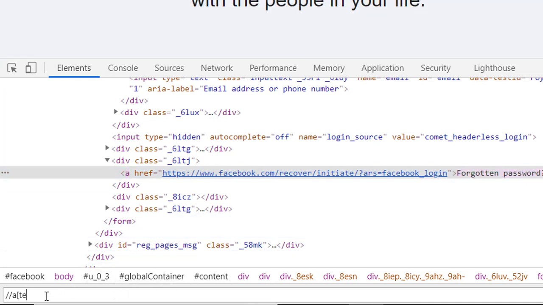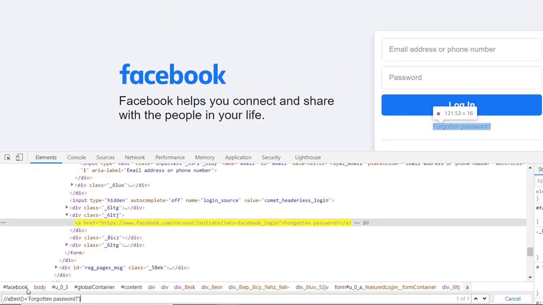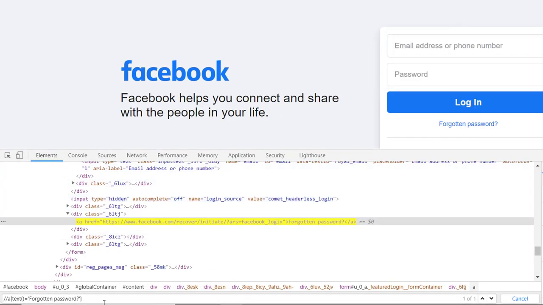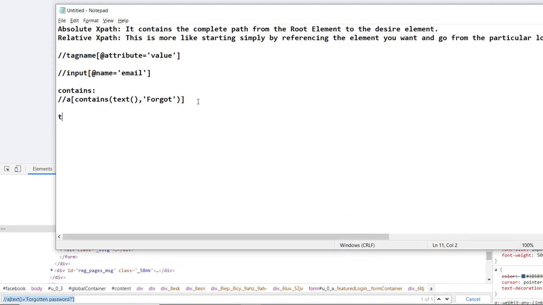In it we can simply write text, and in the text we can provide this forgotten password with the question mark, and then if we locate the element, see, whenever we use the text method in this XPath, we need to provide the entire text, otherwise it will not locate the element. Let me remove this question mark from here. See, it is not working, but after adding the question mark, it is the entire text of this anchor tag. So this is our second method, which is text, and we have done our text part also.